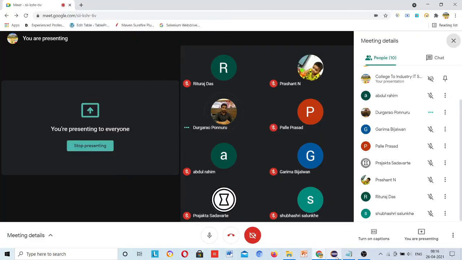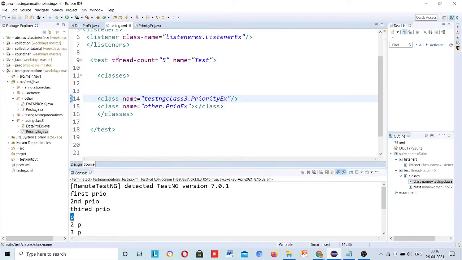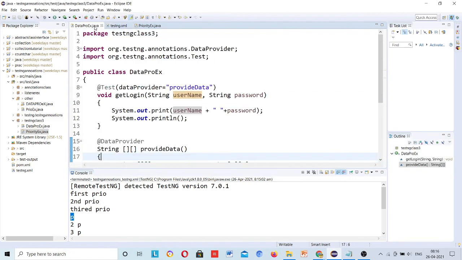You can give priority like here. So like this way, you will do this. There is no problem. You can give multiple parameters. Okay.